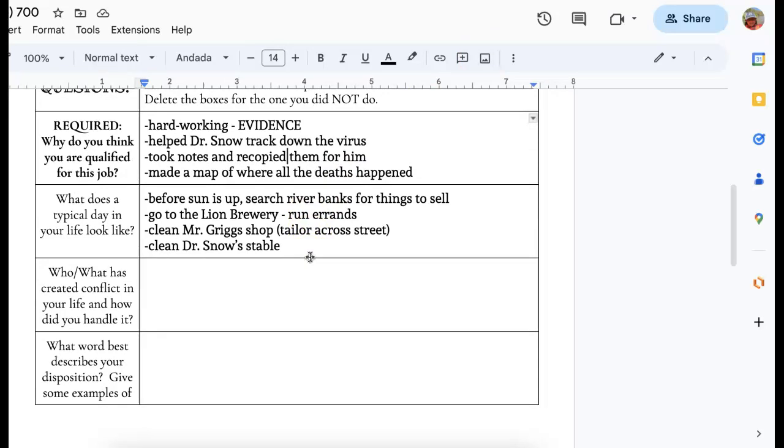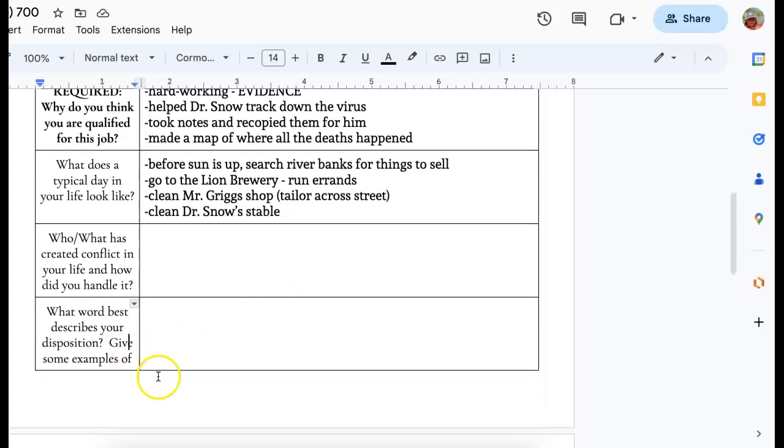And I would think that every time that you read, you're going to add some new detail to your chart as you read the next chapter. Maybe you find another conflict that they went through, or you find another job that they did, or they act in a certain way that you can add some description of their personality.